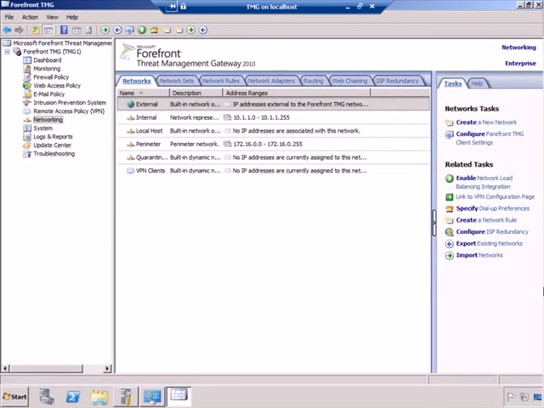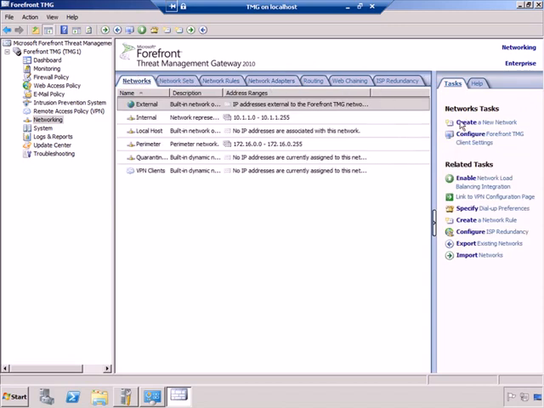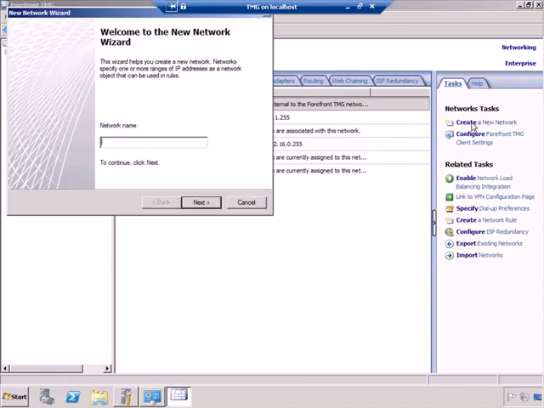I'm now in the Threat Management Gateway console, and I'm going to add this network. Remember, I've already added the adapter to the Hyper-V virtual machine on which Threat Management Gateway runs. So I'm going to the network option, and you're going to see that I've got a number of networks. Well, I don't have a network that's just for audit purposes, but I've got an adapter that I don't have added to Threat Management Gateway yet. Although you'll see the adapter itself on the Network Adapters page, there are no networks associated with it on the Networks page. So we're going to go to Create a New Network,